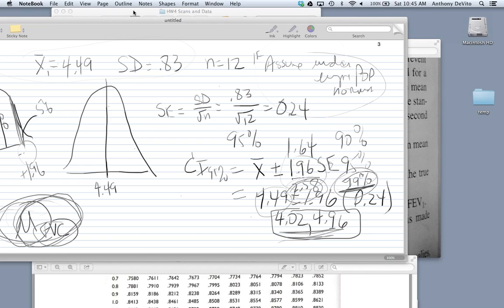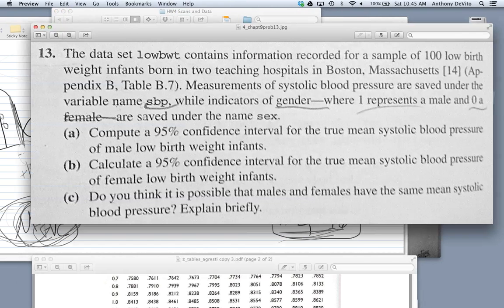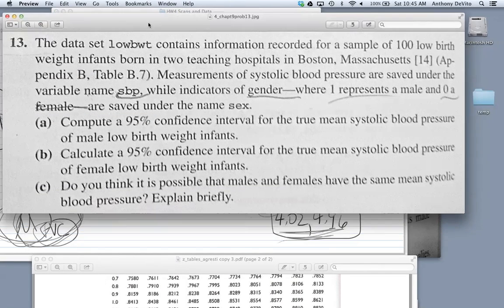Okay, so I'm going to leave the other part of that problem, which is basically just repeating what we just did, except using the FEV1. I'm going to leave that up to you guys. Let's take a look at this next one. Data set, low birth weight contains